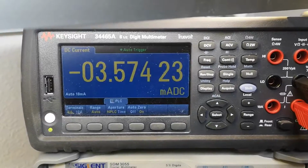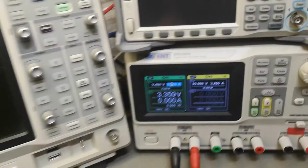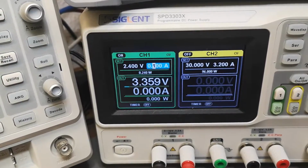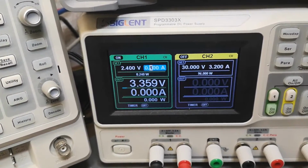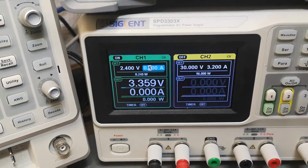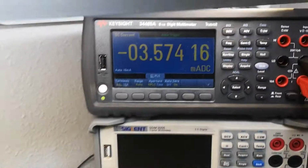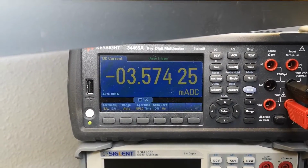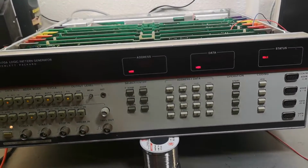So here we see the charge current going the other way, and it's actually trying to lift the voltage on my power supply to 3.3 volts. So this is the charge current, or the top up voltage. So now we know how this works, and we also know the charging stuff is working, and obviously there's no problem in powering this up without